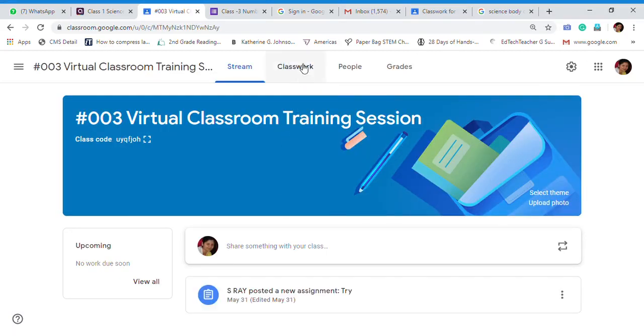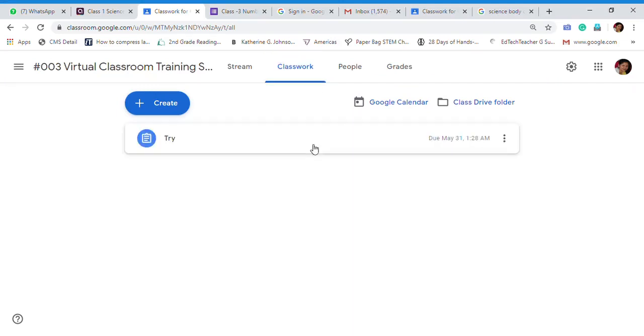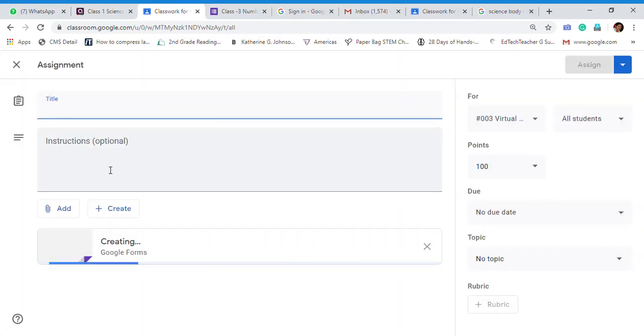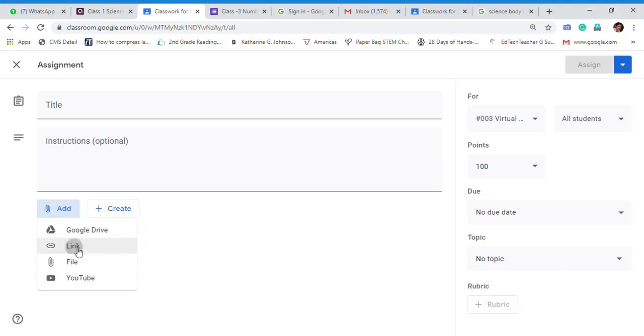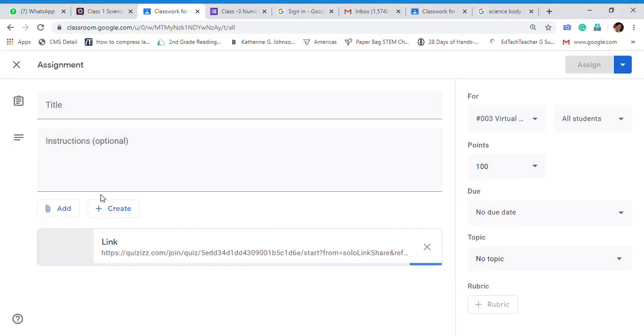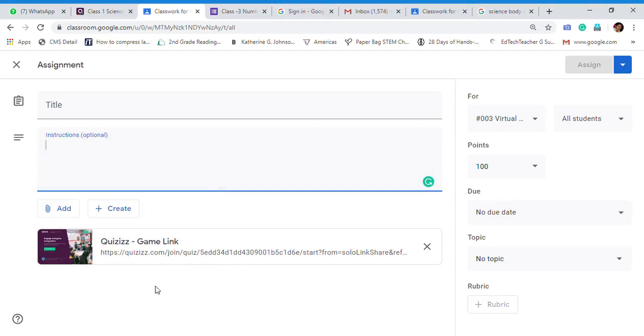I have created in Google Classwork, create, and then quiz assignment and close this default blank quiz, click on add, click on link and paste the link here. Add it. So this way you can add the quiz here also. Give title, instruction and post it.